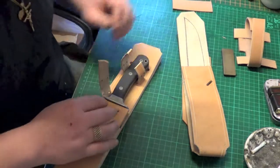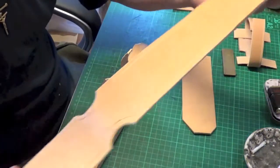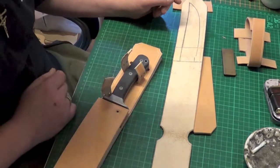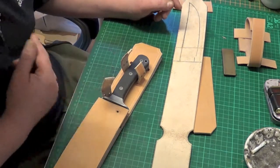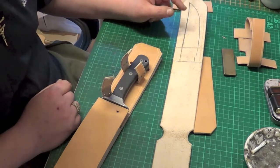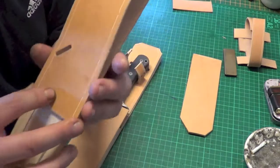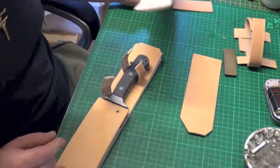But what I wanted to show you was, I cut it all out, and this is not a small piece of leather by any stretch of the imagination. I cut it all out, done all the other stuff, and I thought, right. And I just had this sick feeling in my stomach, and when you've been doing this type of stuff for a while, you get to know something's not right. And I kept looking at the sheath and thinking, what's the matter, Lee? Well, it's fine, everything's absolutely lined up perfect, and I was super happy, and what's the matter? And then it dawned on me,